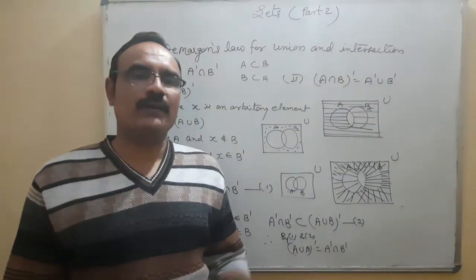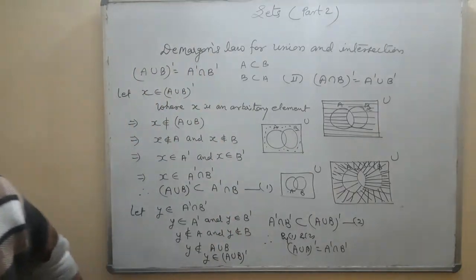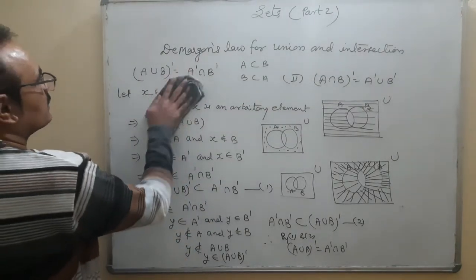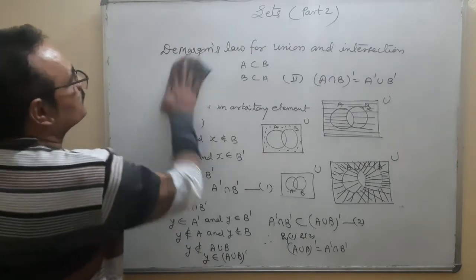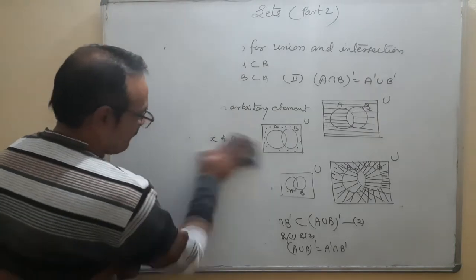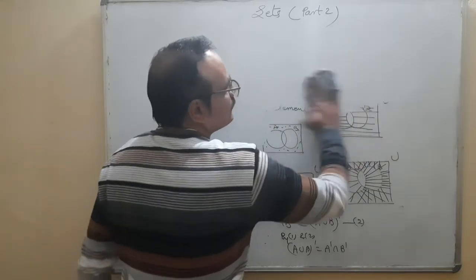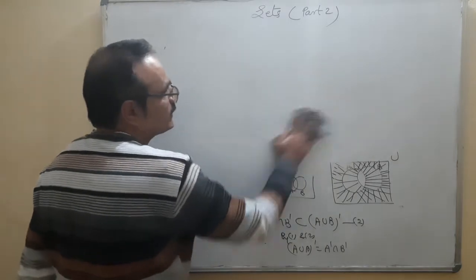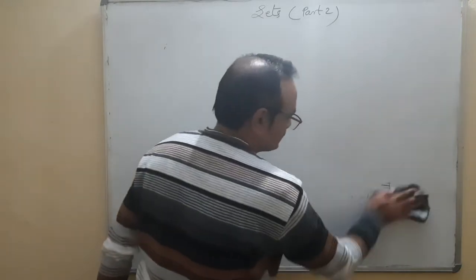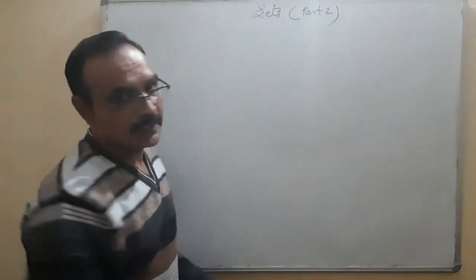So De Morgan's law proof can be done by the Venn diagram as well as you can prove it by this method also. And a third method also we have, in which we can take some numerical elements 1, 2, 3, 4, 5 and then we verify. But that is the procedure called verification. Okay. This is proved. In class 11, we are not taking too many questions for solving. We are just taking the concept so that these concepts will be very, very useful for you in solving the questions. Okay. You should understand each and every concept of sets, relations and functions.